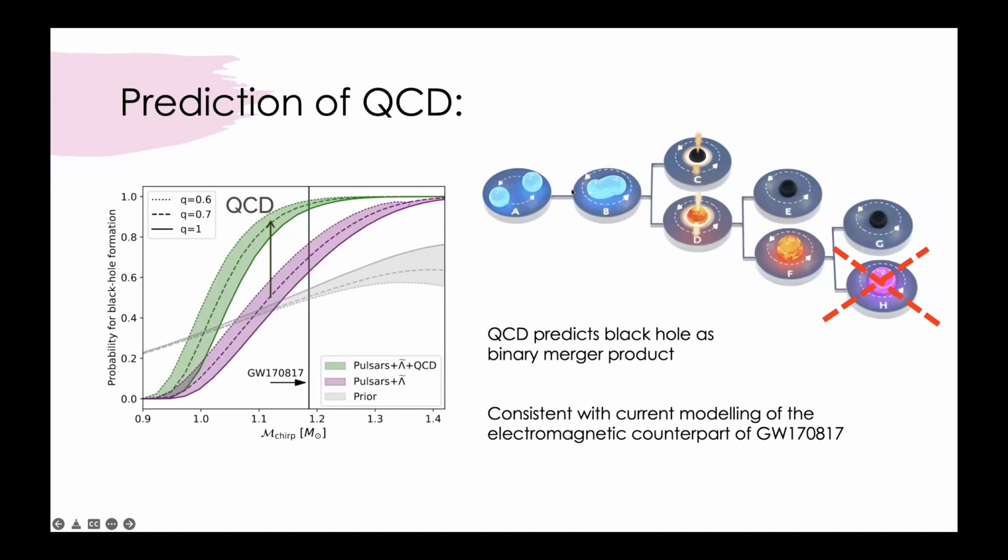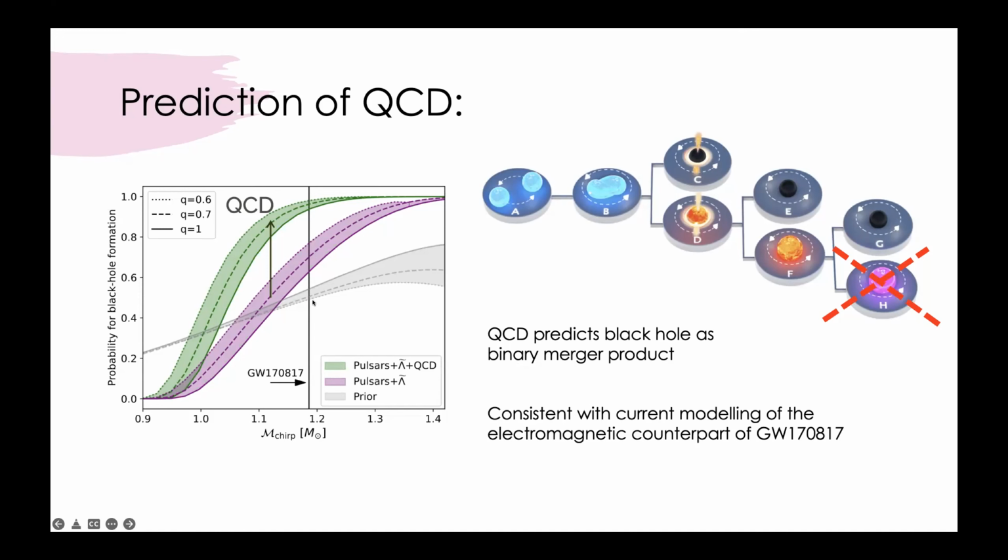When you have a neutron star merger, 2 neutron stars coming together, there's 2 possibilities for the final binary merger product of this process. You can either end up having a black hole, and there are various ways how that can happen, or you can have, as a final binary merger product, a neutron star. And we saw that adding the QCD input makes the equation of state softer at higher densities. Because of that, it tends to destabilize the stars: it's more soft, so it's easier to collapse into a black hole.